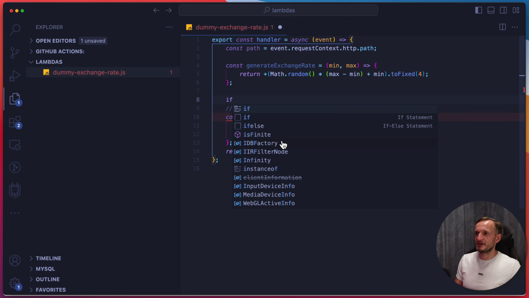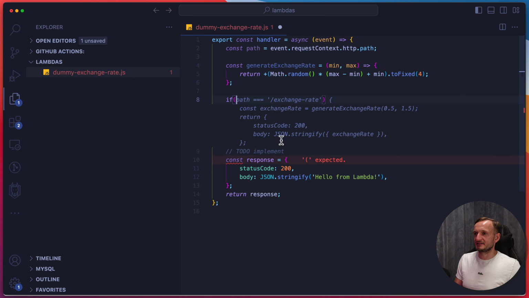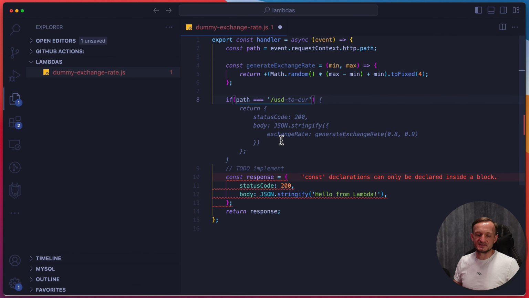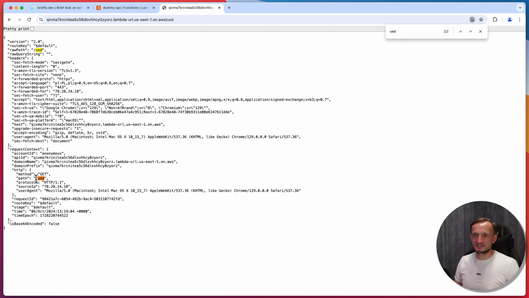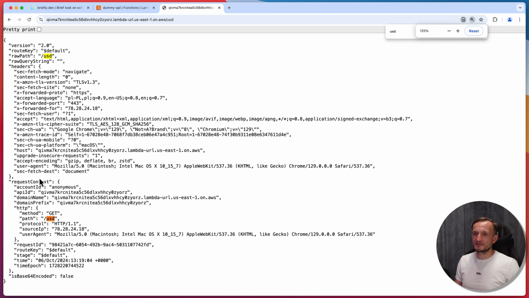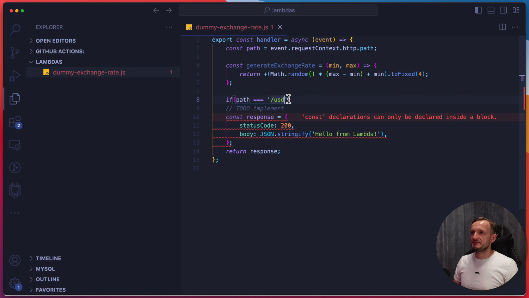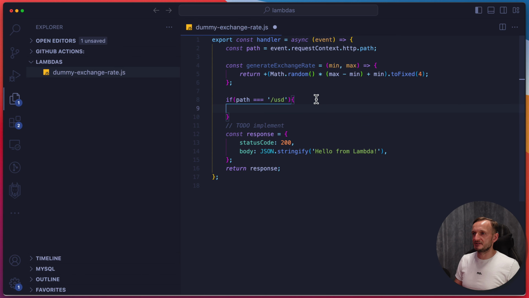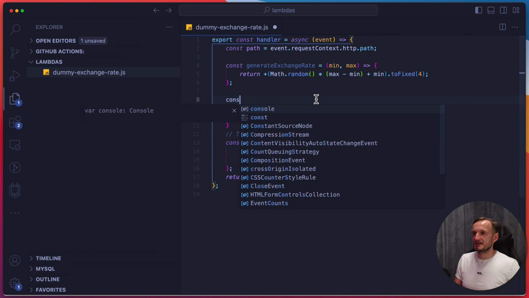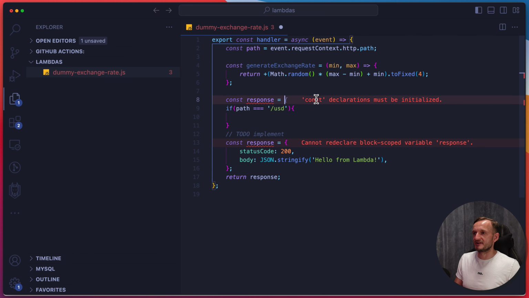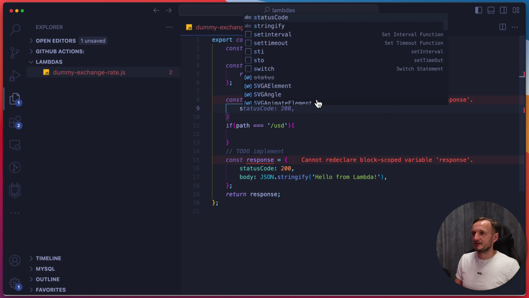So if path is equal to /USD, let's get back here. We can see that the whole path is under a slash. Let me make it a little bit bigger for you. So if the path is equal to /USD, or we would be able to, let's say, path includes just the USD. So if it's this way,